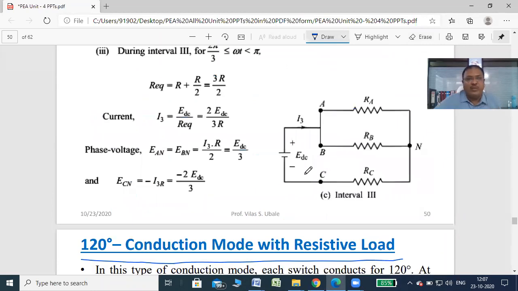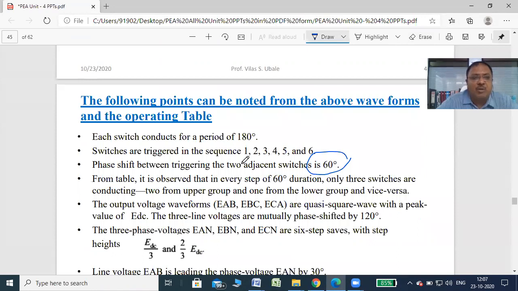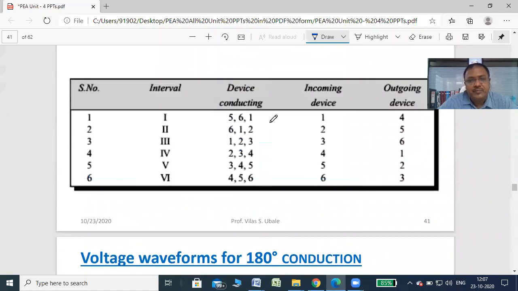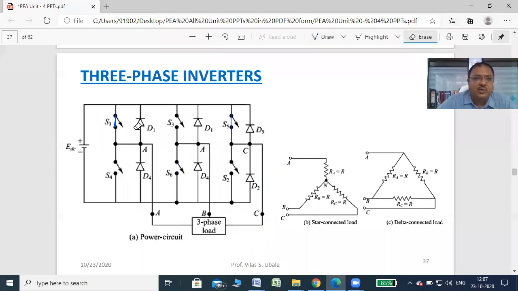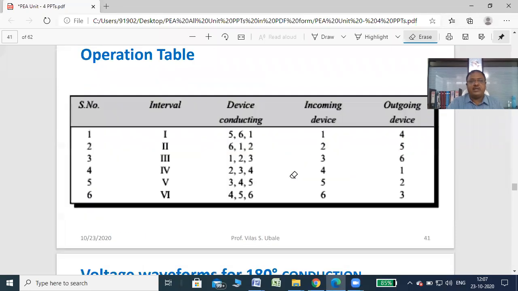But I'll just give you a minute. You can ask me questions on this topic, that is the three-phase voltage source inverter for 180 conduction mode. Right? So anyone, you can ask any doubt if you are having. The same circuit you can use for 120 conduction mode, so the circuit is not drawn repeatedly. Okay, so anyone having any doubt? Yes, any doubt for this 180 conduction mode?